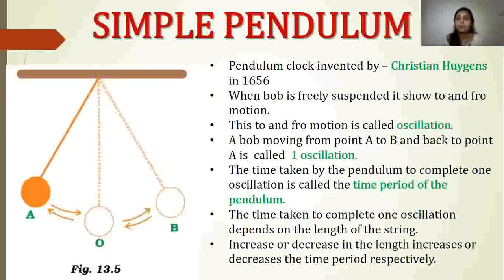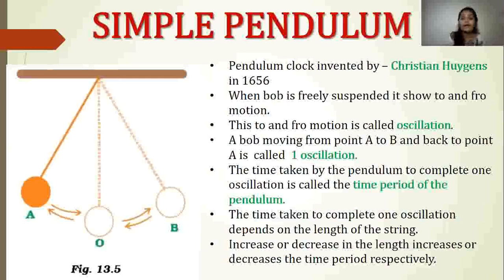Now if you remember, periodic motion means you are having repeated motion after equal intervals of time, that means the same motion. So if I have an object over here, it's moving from point A to point B, it is coming back to point A, and the same repeated action is taking place continuously. That motion is called a periodic motion. So the pendulum shows the same characteristic, and the basic principle behind making a pendulum clock was the understanding of periodic motion.